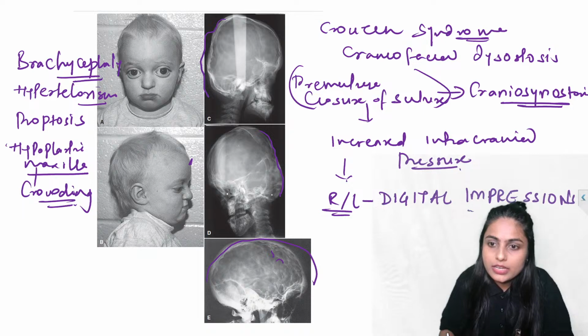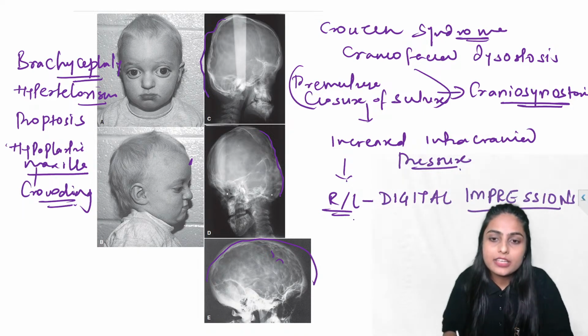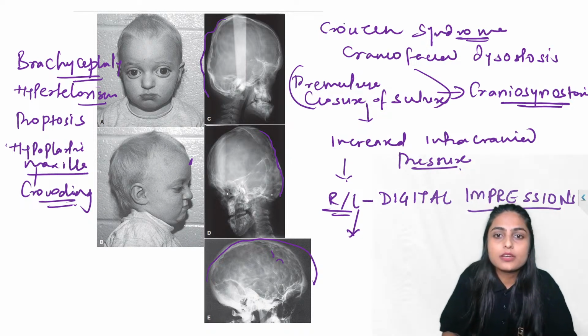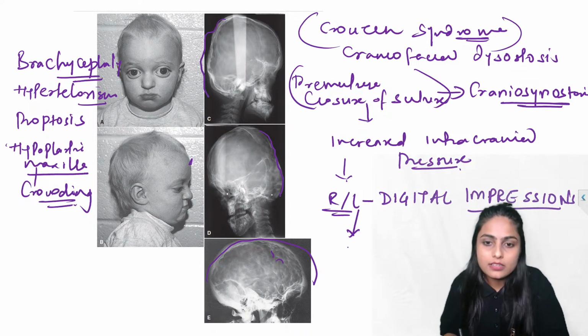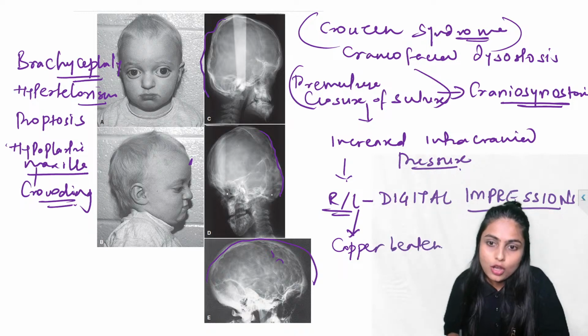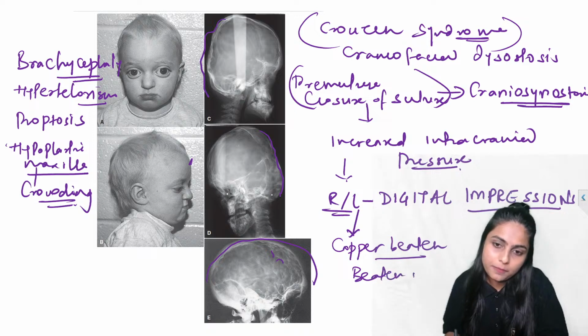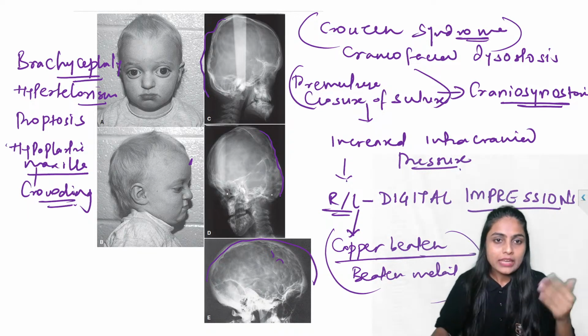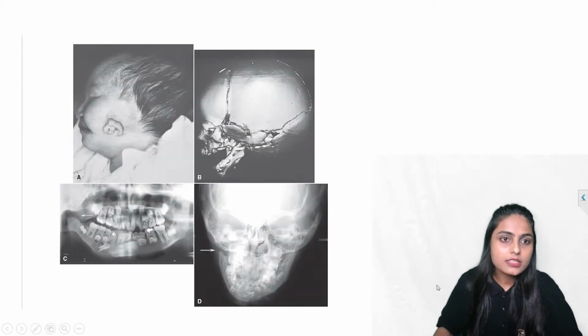Digital impressions, and these digital impressions give one appearance seen in Crouzon syndrome, which we call a copper beaten appearance, right? Copper beaten or beaten metal appearance. All right, so this is Crouzon syndrome. All right, next syndrome that we have is